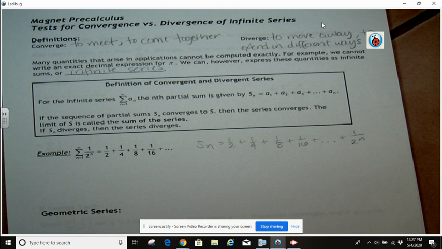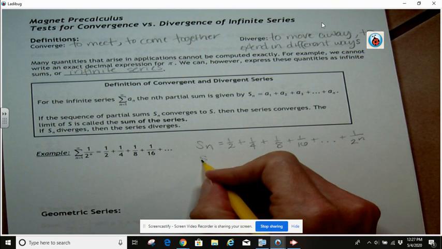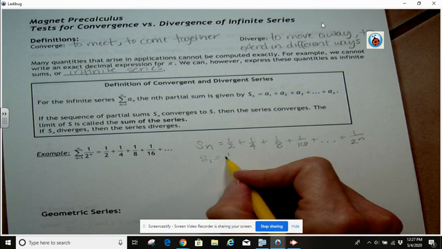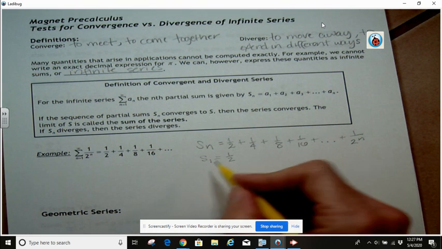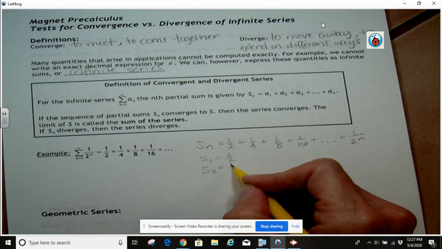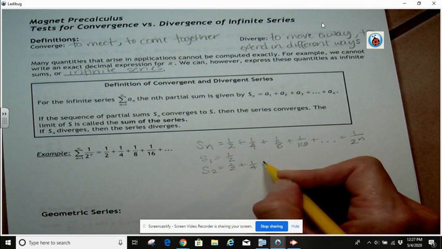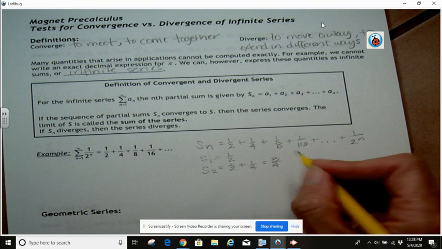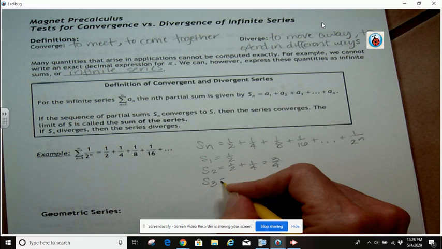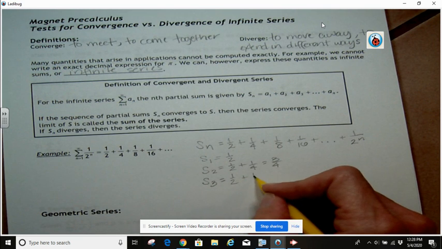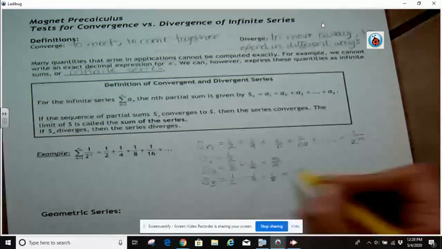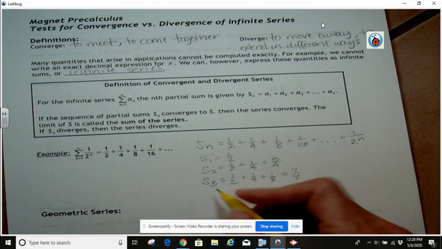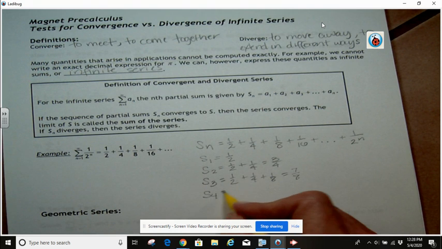So if we're looking at the sums here, the sum of just the first term, so that's a partial sum of just the first term, and so the sum obviously would just be whatever the first term is. The sum of the first two terms would be 1/2 plus 1/4. You would get a common denominator, blah, blah, blah, but you would get 3/4. The sum of the first three terms would be 1/2 plus 1/4 plus 1/8. And getting a common denominator and adding those fractions together, you get 7/8. There's a pattern that's developing. The sum of the first four